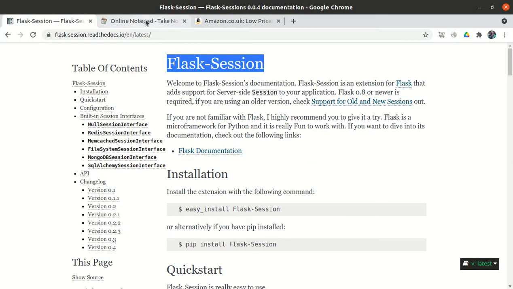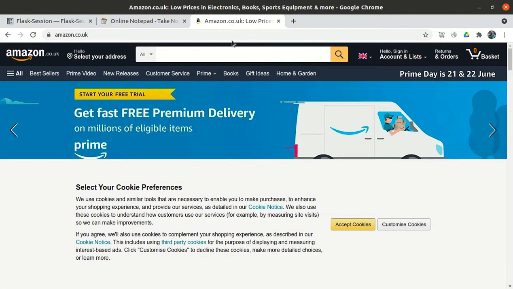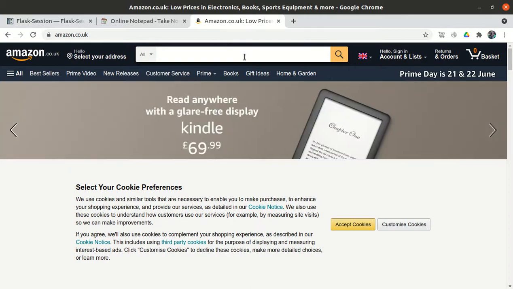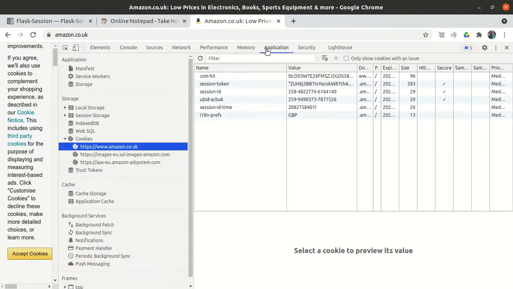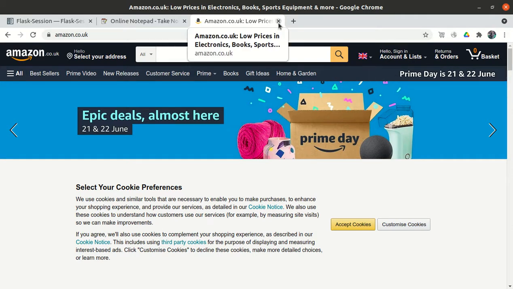Okay, so till now what we have seen is how we open the developer options, and under the developer options, what is the use of cookies, and how the data is stored in cookies in the form of a dictionary, in name and value, and what is the use of cookies, we saw it, right? So there is no need to log in, and it automatically logs in. So we will see all this in practical, how we can create all this stuff in our Flask website.